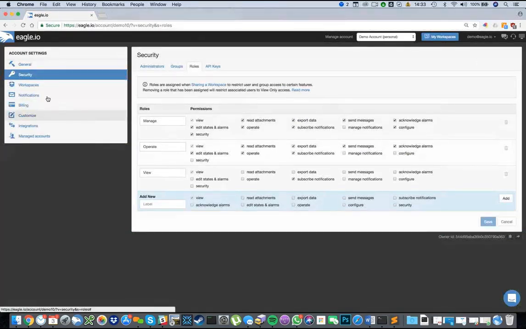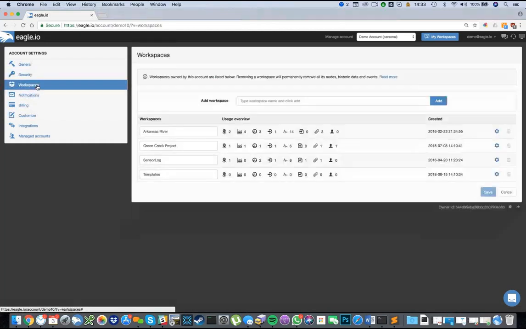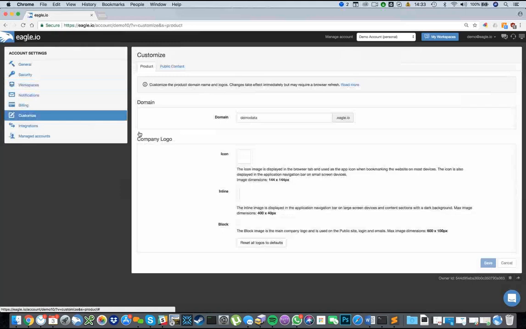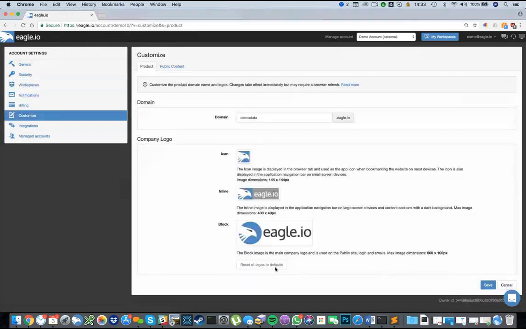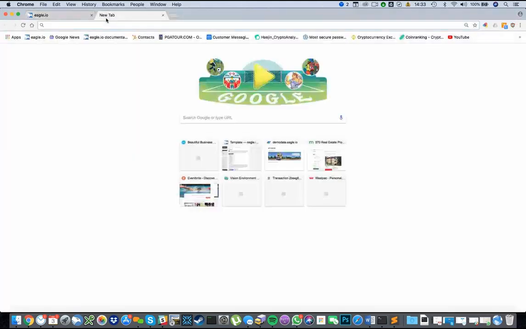If you'd like to focus on all your different projects that you're managing, you can see them via the workspaces view here, and it'll show you how many sites they've got configured for those projects. Under customize, we allow our clients to upload their own personal logos here, so they have a rebranded front end when they're logging in to view their data. Okay, so for an example of what that might look like,